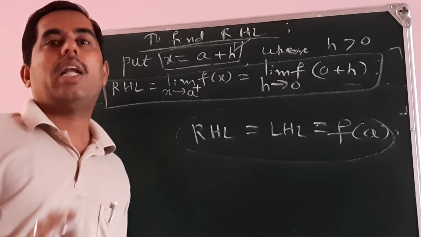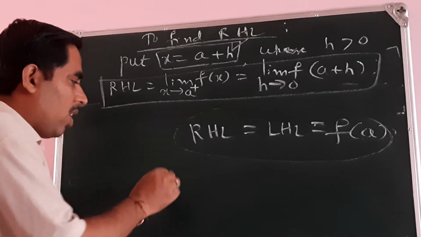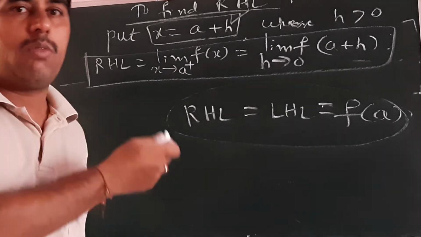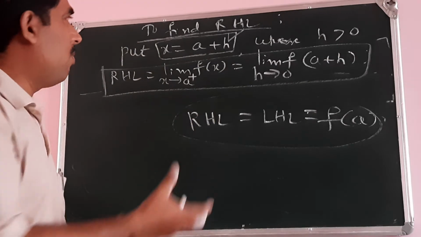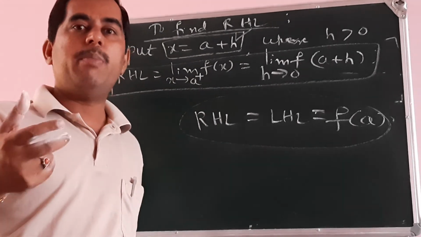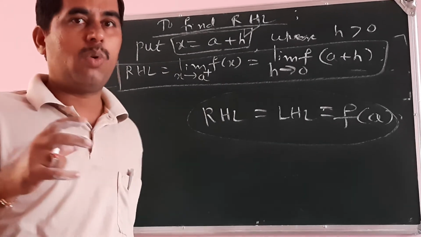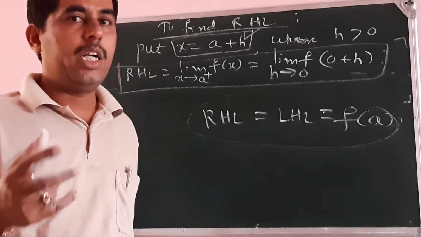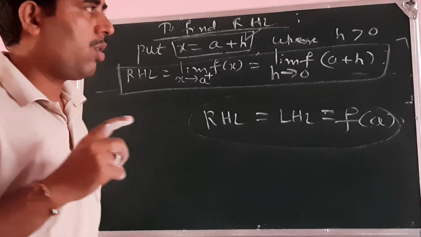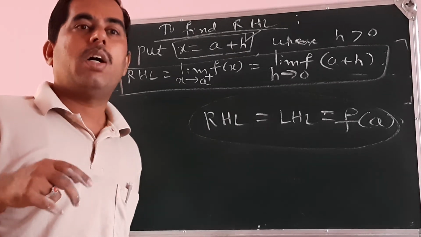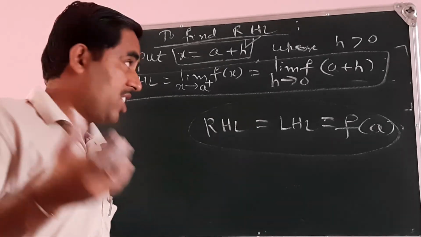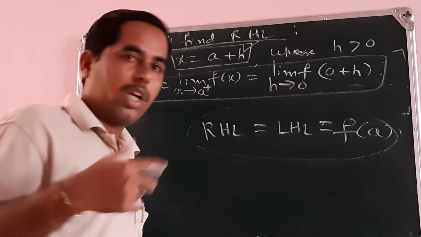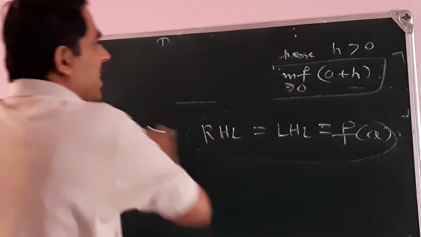Okay. So in this class, what are the things we have learned? We have learned the meaning of continuity of a function by taking one simple example, and we have noted down the points to find the right hand limit and left hand limit. All these things we have to use whenever a function is given and we are required to test the continuity of the given function. Okay, so we shall consider some examples based on continuity of the function, and let us check whether these functions are continuous or not in the next class.